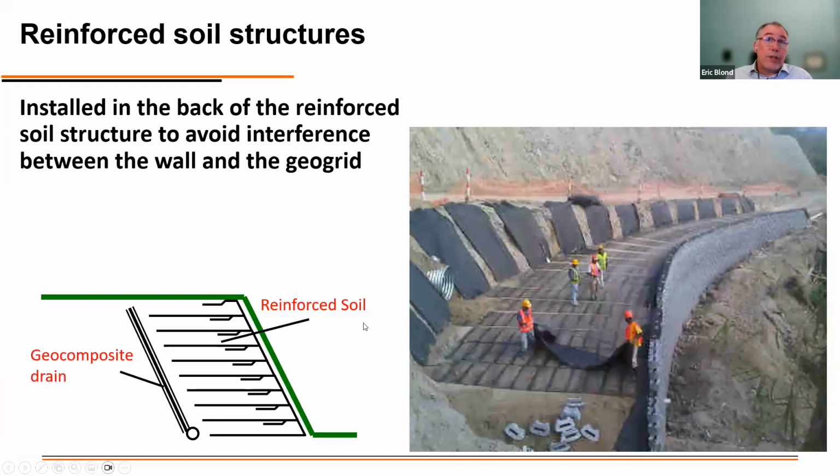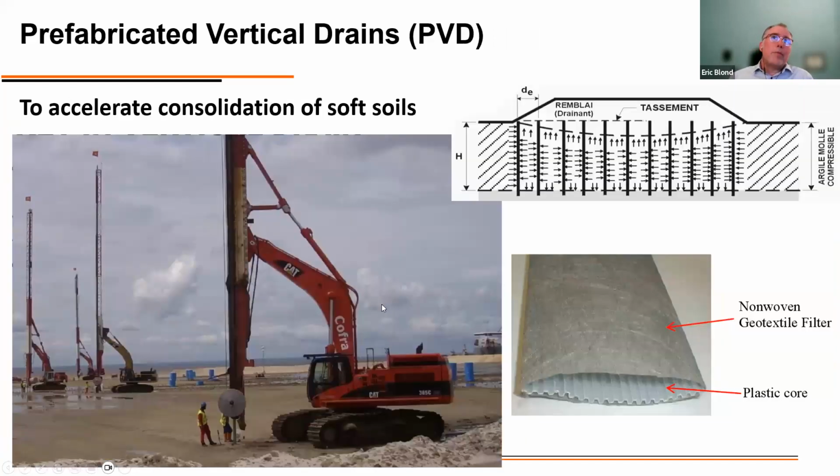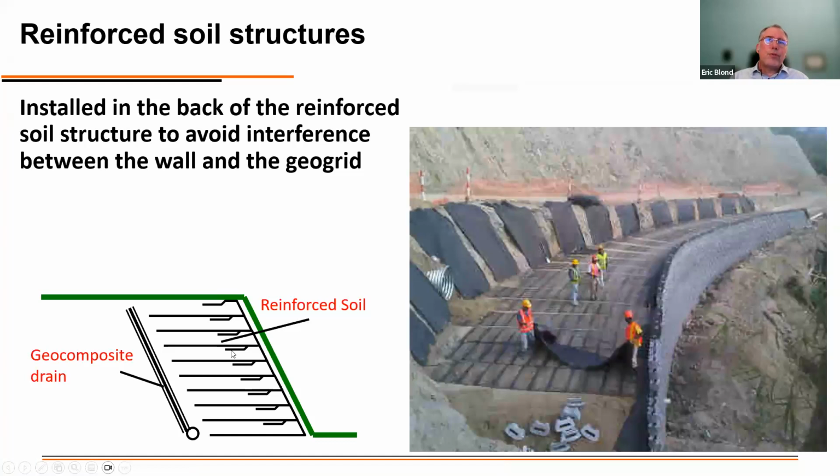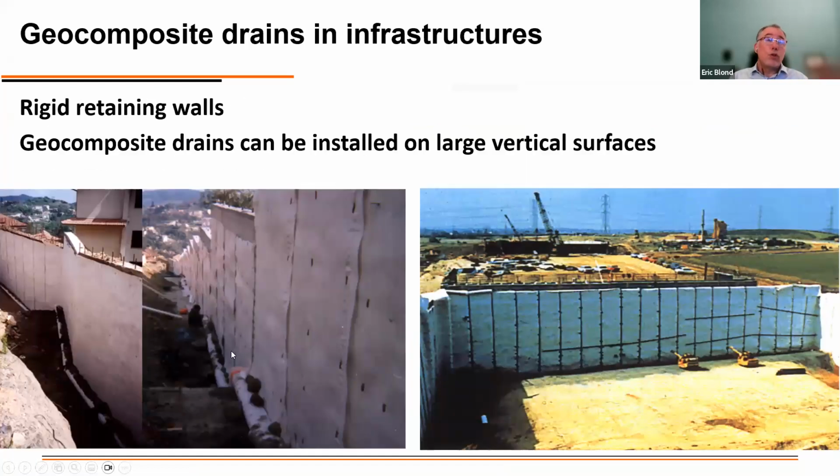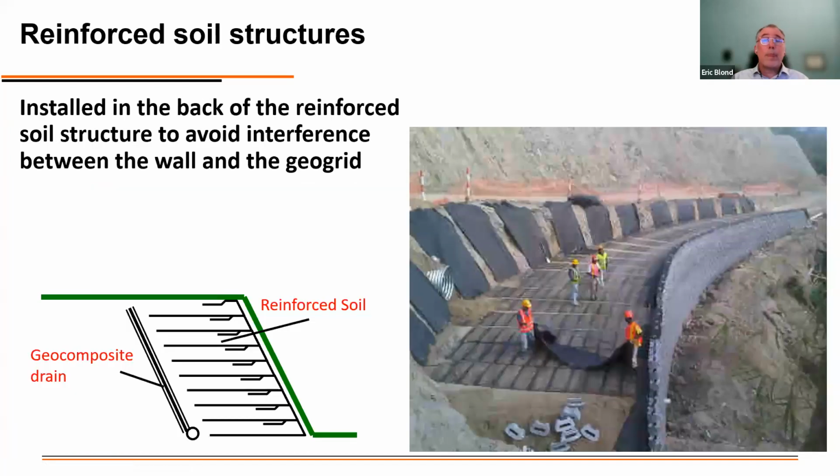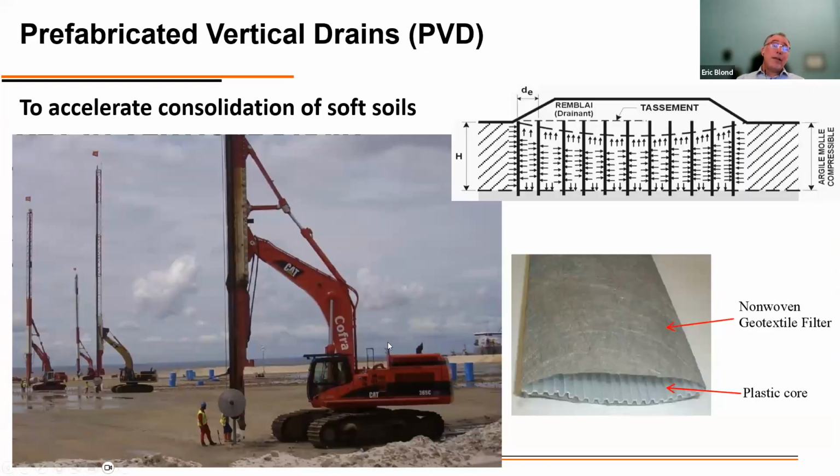Here, a reinforced soil structure. We can see here the layers of drainage composite in the back. Prefabricated vertical drains. Here we have a short-term application, in fact. All the previous applications that I've shown before are long-term applications with design lives in the 50 to 100 years or more. PVDs, typically, we're happy if the geotextile ceases to work after 2 years, 3 years,